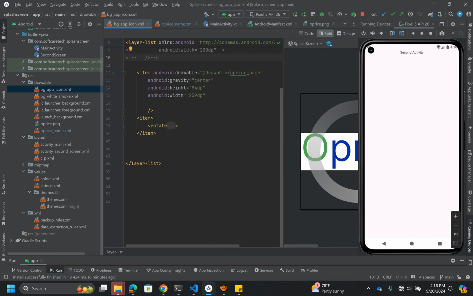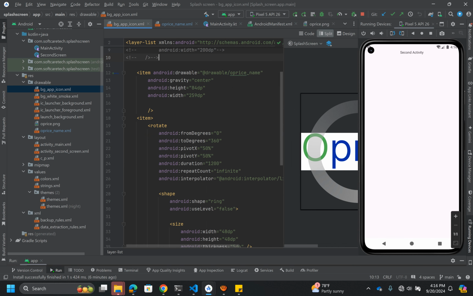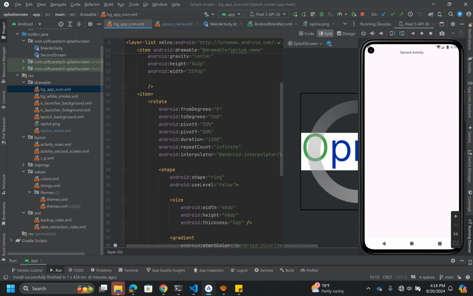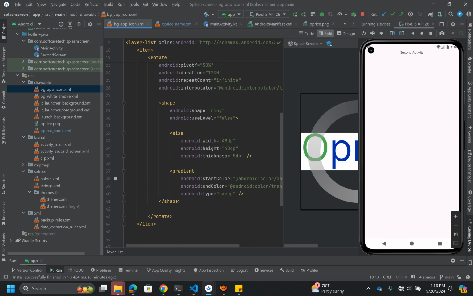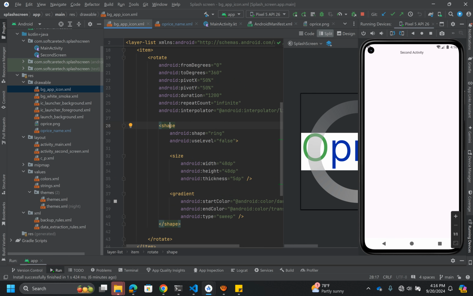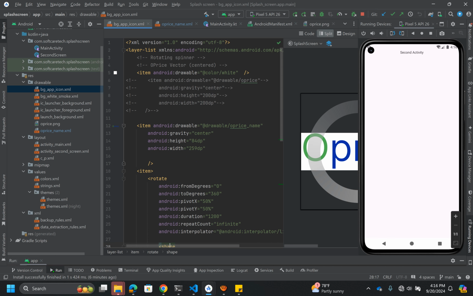The rotation is there. I'm going to send you the code. I have 50 by 50, the pivot 50 by 50. I can see the size of the rotation also here, the size of the shape also here. So all that being said, let me now go into see the visuals of this. First, let me go into